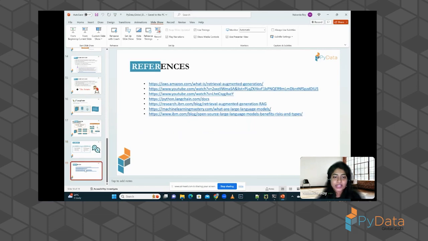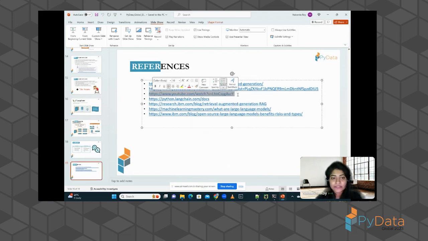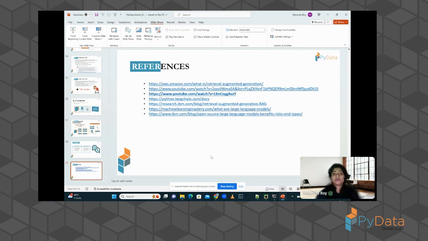I have also added some references that I used to create the slides and also the notebooks for today. One of my favorites to learn LangChain, I think, is the third one. And I've been using that, and also the LangChain docs.